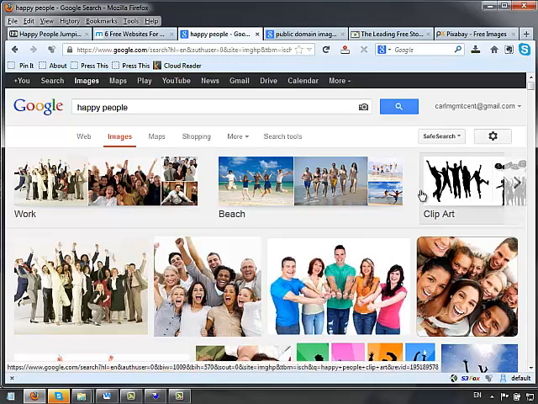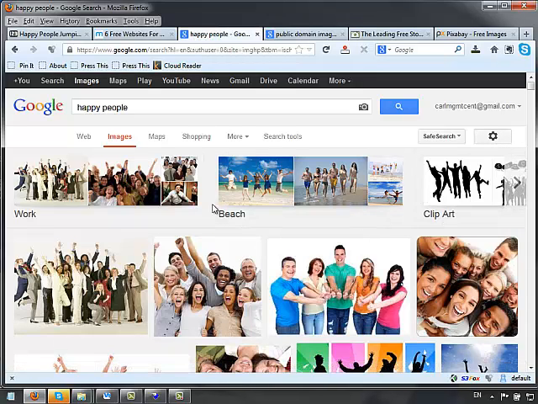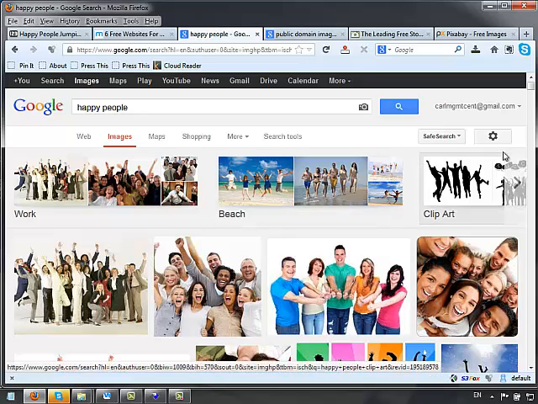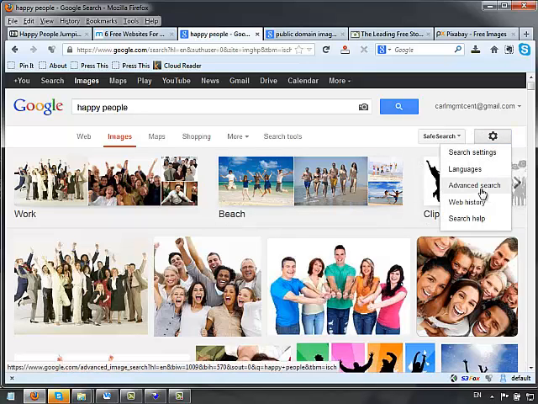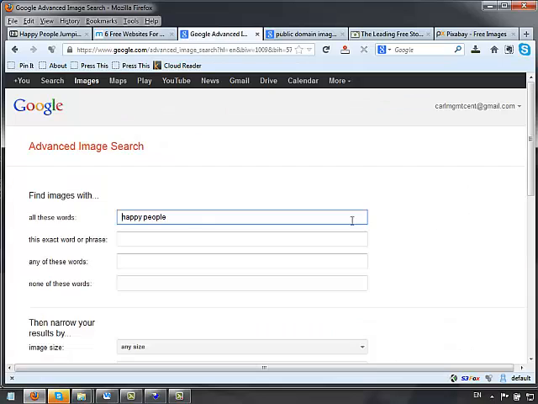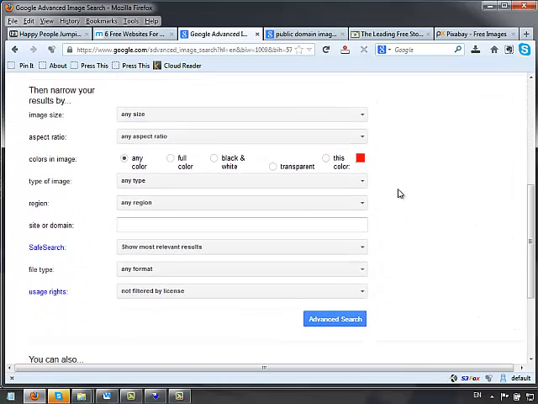which you would have to pay for. So you can't actually go there and just take the images and use them. You have to pay for them. So we're going to do an advanced search, and if you scroll down through where it says advanced search, you'll